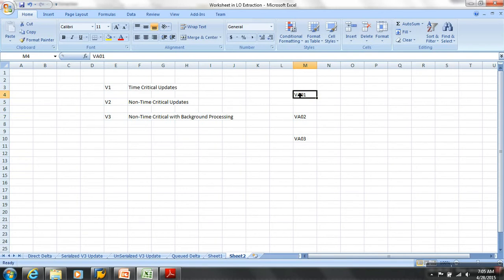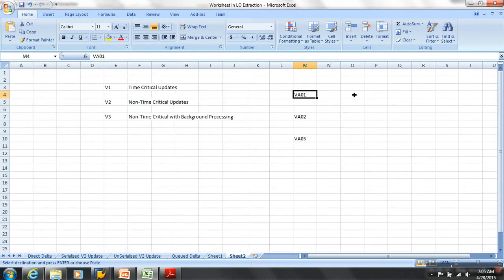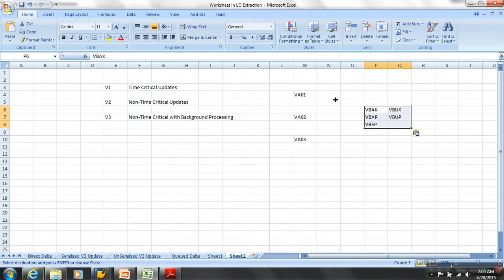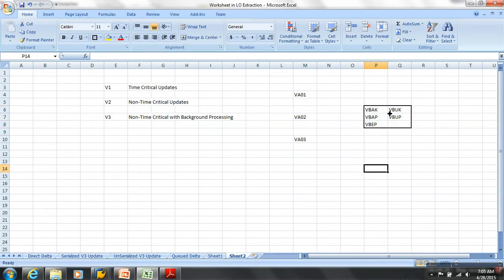When you create a new sales order in VA01, it should create a new record in the sales relevant tables. VBAK is sales header data, VBAP is sales item level data, VBEP is sales schedule line data.